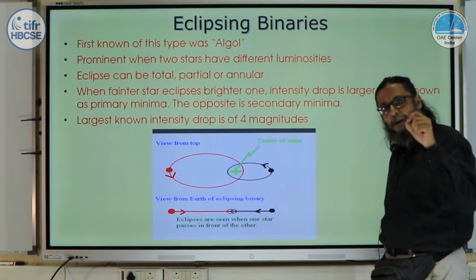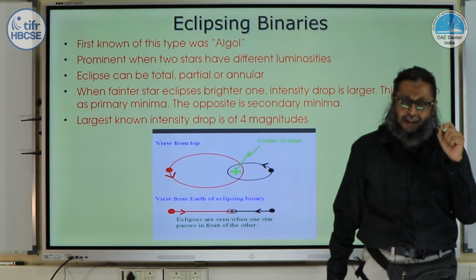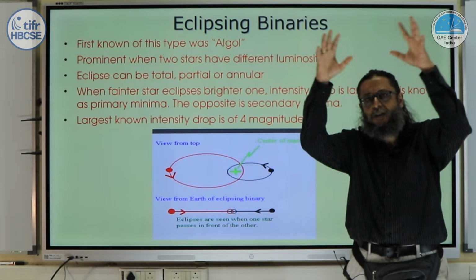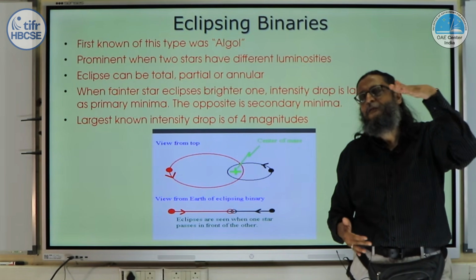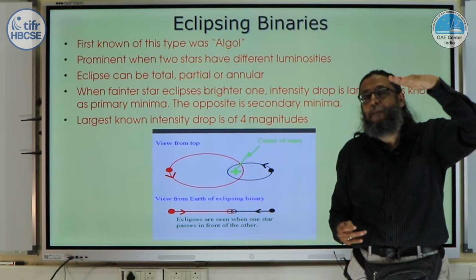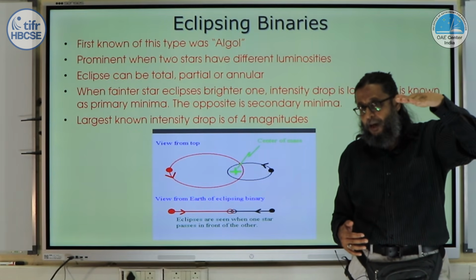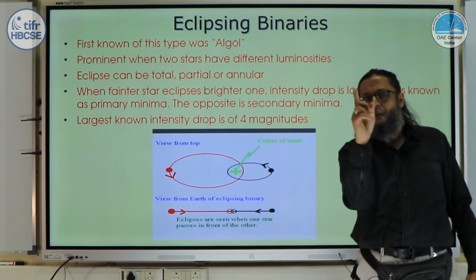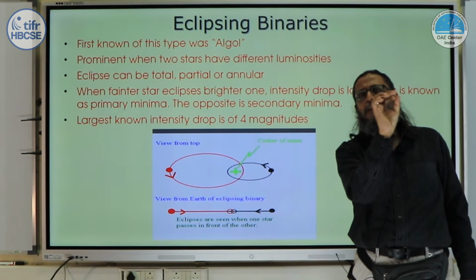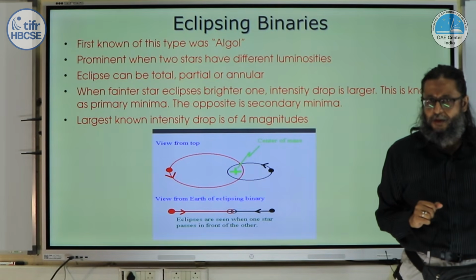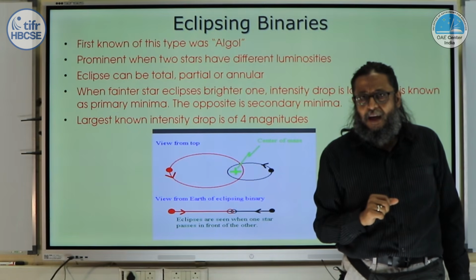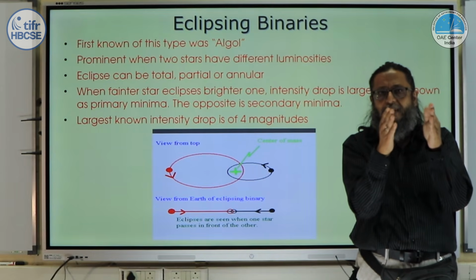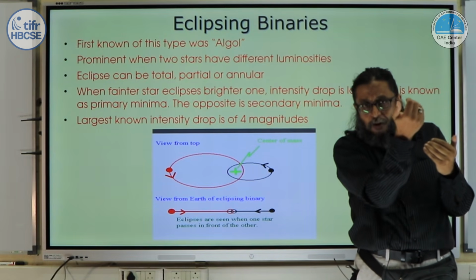So the number of such binaries will definitely be less, because if you take a random distribution of the orbital plane in three-dimensional space, there will be very few binaries which are exactly parallel to the line of sight. And it may happen that it is not exactly parallel to the line of sight, but as the objects are going around each other, maybe fractional occultation can happen. So a fractional eclipse can happen, and hence the eclipse will result in a reduction of the total flux